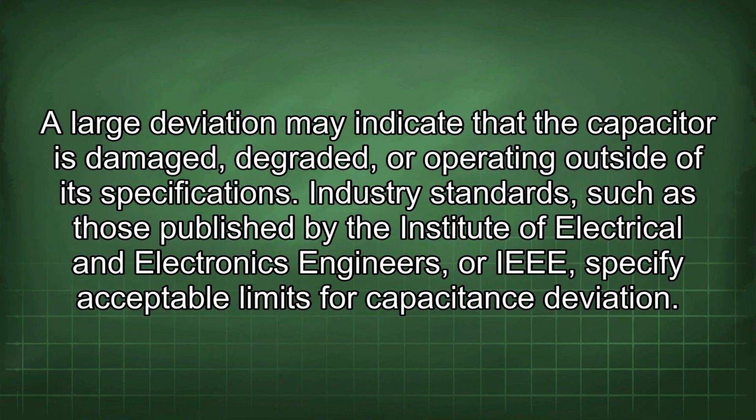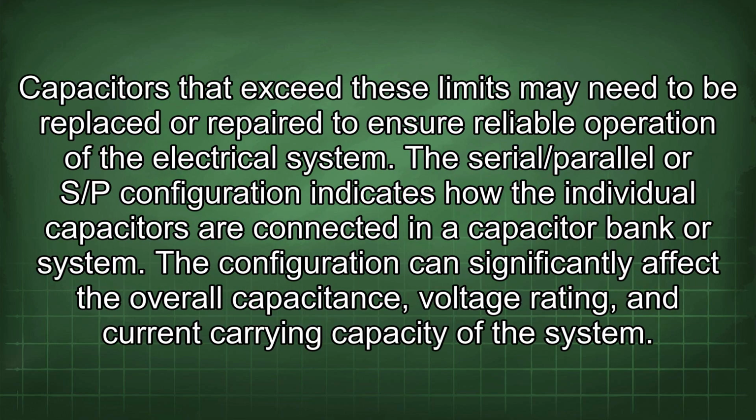A large deviation may indicate that the capacitor is damaged, degraded, or operating outside of its specifications. Industry standards, such as those published by the Institute of Electrical and Electronics Engineers, or IEEE, specify acceptable limits for capacitance deviation. Capacitors that exceed these limits may need to be replaced or repaired to ensure a reliable operation of